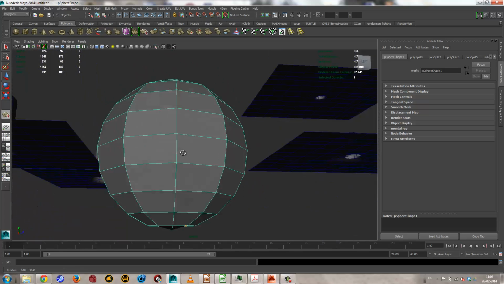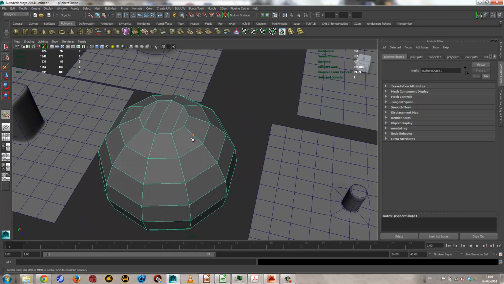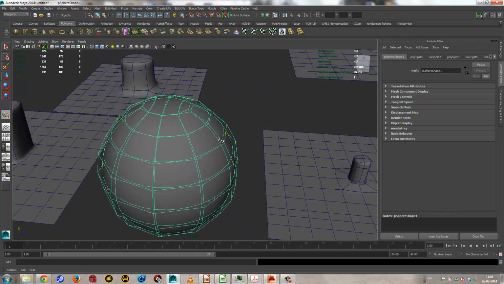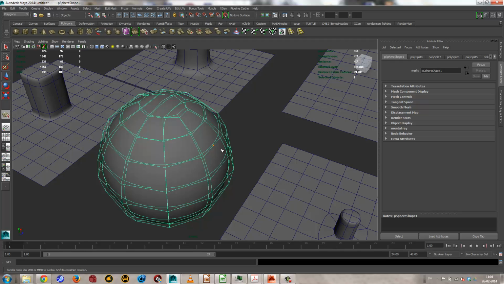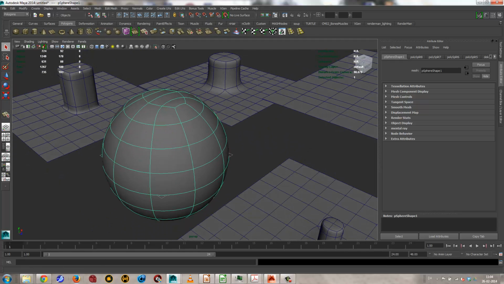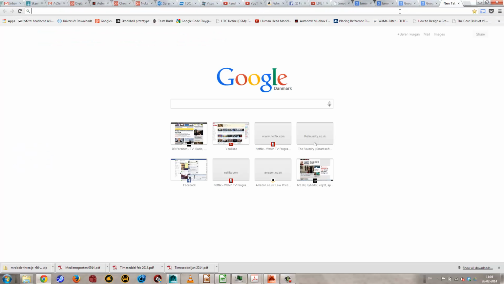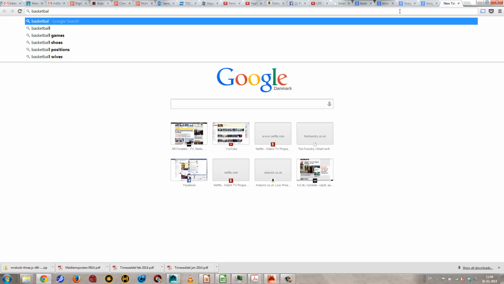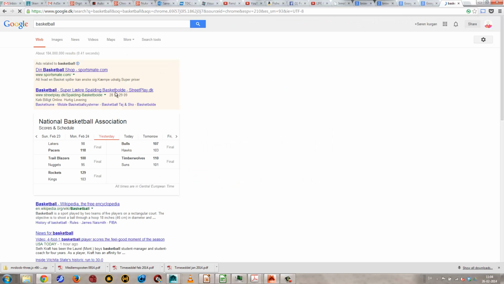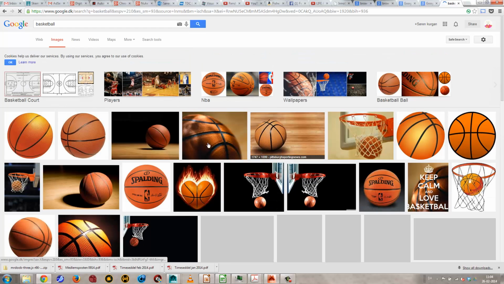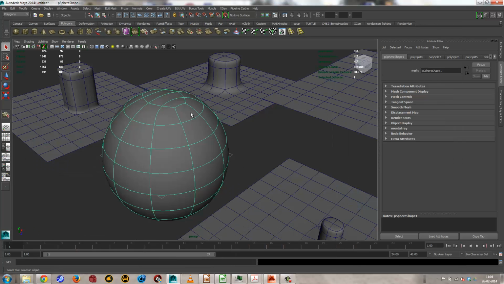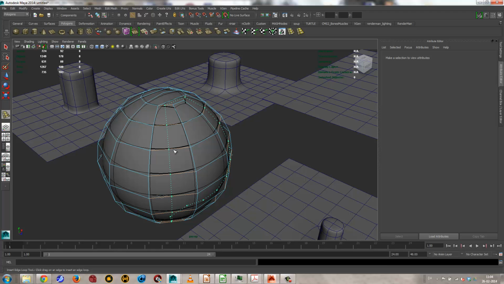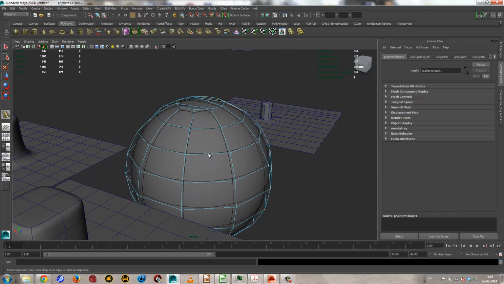So the result of this is that these are all squares now, and you can see I smoothed it nicely. And if you know the shape of a basketball, you might actually be able to sort of see it developing here. So the thing is that if I wanted to create something, let's just go and say basketball. You can see it has this interesting curve flowing through, and that's sort of the same thing I'm getting here. So if I go and insert edge loop, I can put one in there, and I can put one in there,